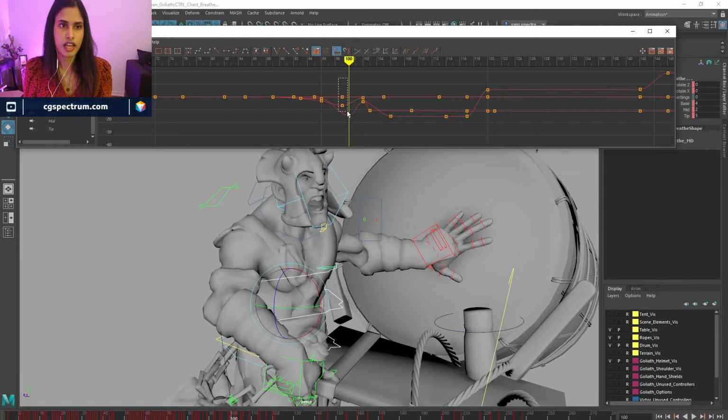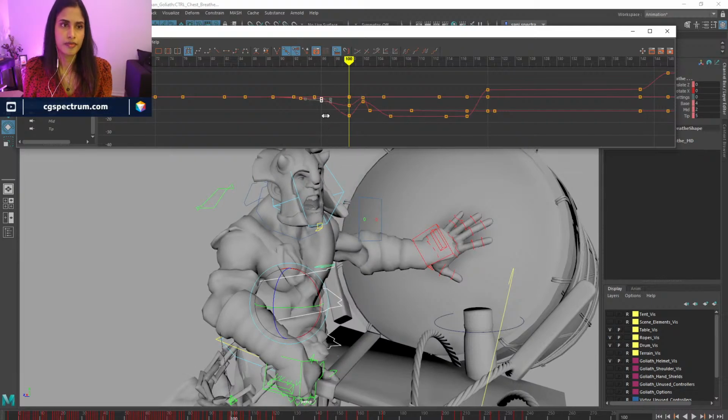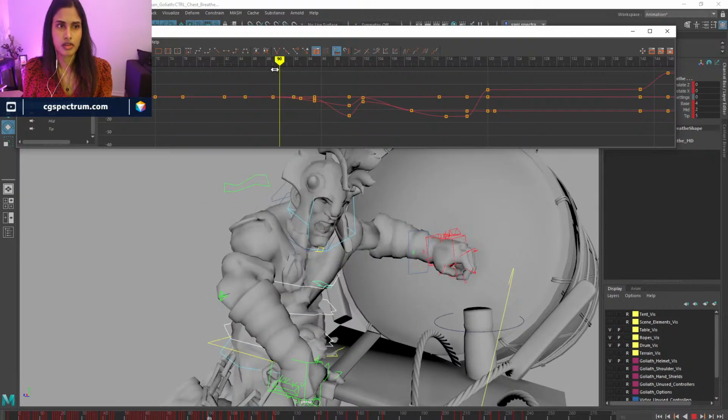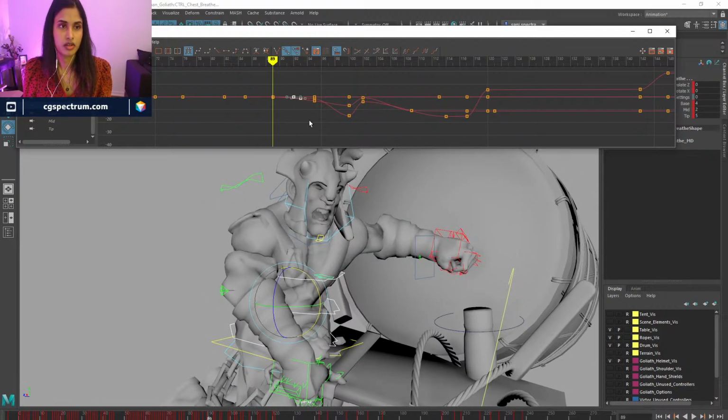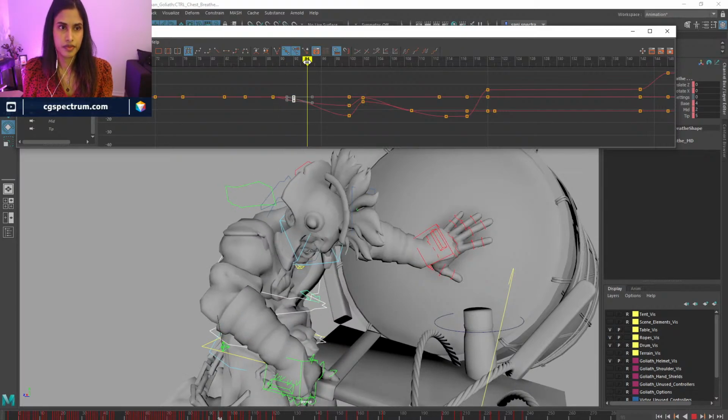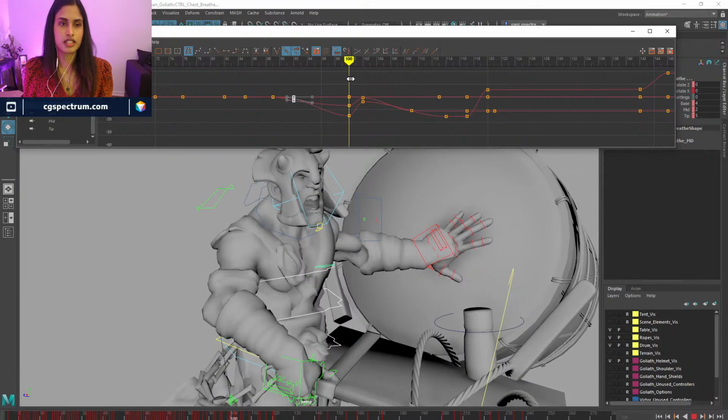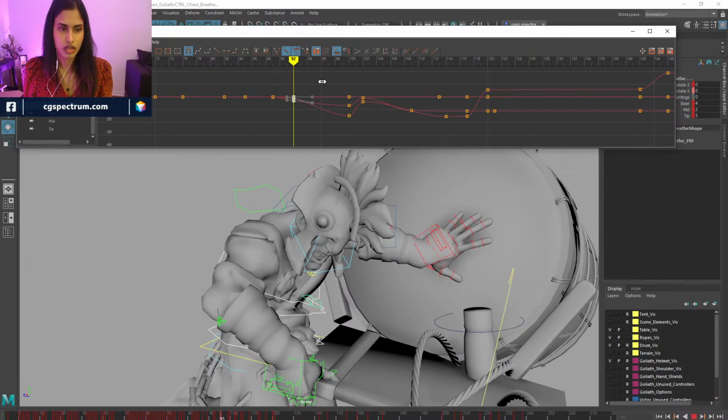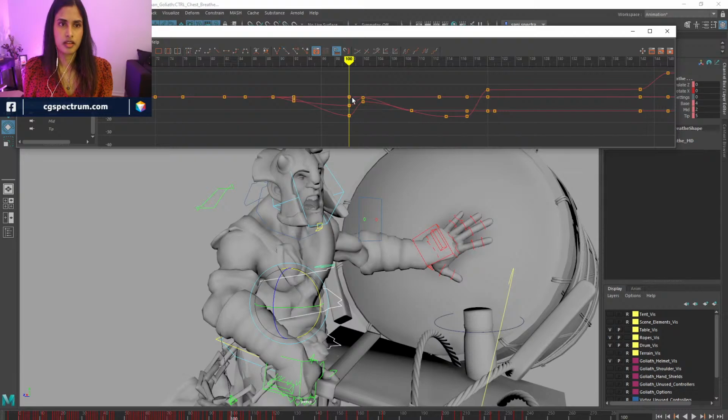So this is the end pose for that's like close, open. Oh, I think I selected the wrong one.